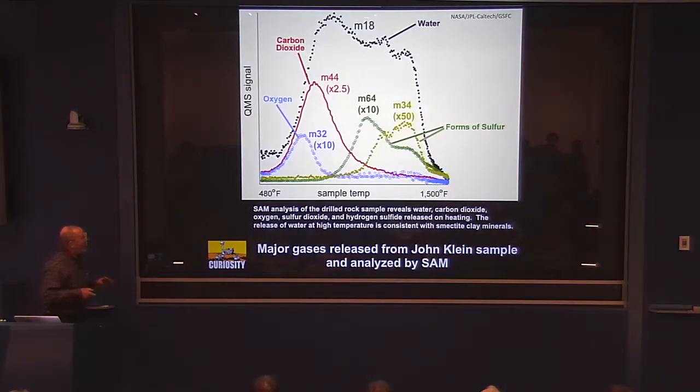So here is more evolved gas analysis data from that particular rock, and again a lot of water, but you notice a very different temperature profile of the water coming off. Again, the oxygen and the carbon dioxide coming off together, and then 2 peaks of sulfur dioxide. And this is evidence that there are different forms of sulfur present in this rock. And when you've got different forms of sulfur, on Earth microbes can use those forms of sulfur in redox reactions and gain energy. So this is evidence that the presence of different sulfur minerals with potentially different oxidation states is at least one kind of